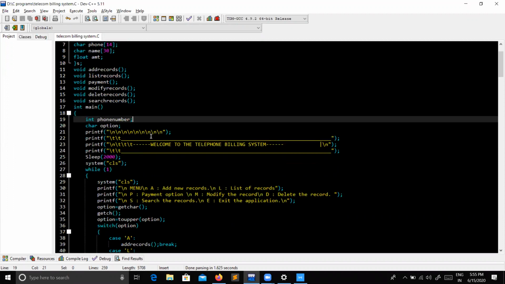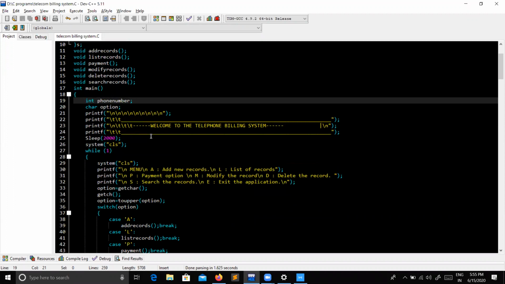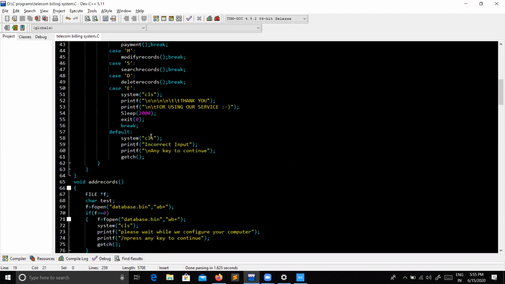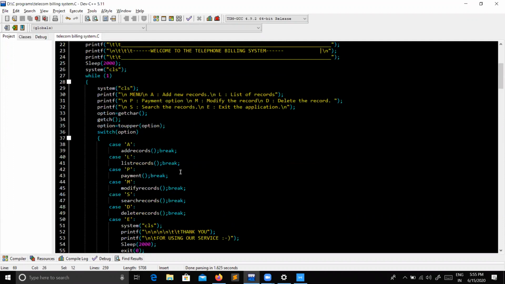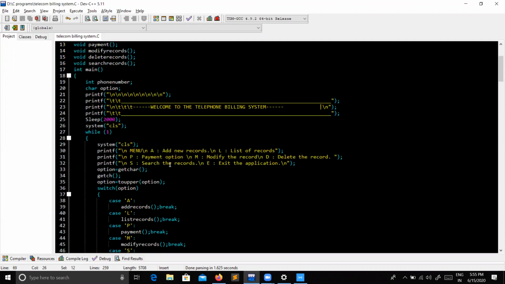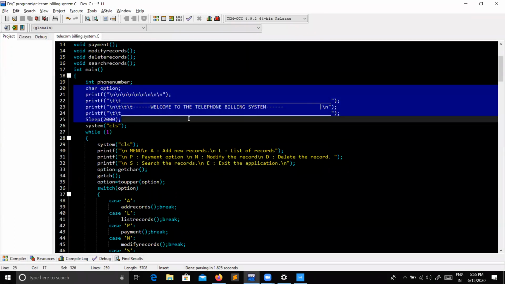Now coming to the main code, I basically have created a binary file by the name database which can store the records of the subscribers. And let me show you the code. This is the front page of our application, and it pops up for roughly 2 seconds.